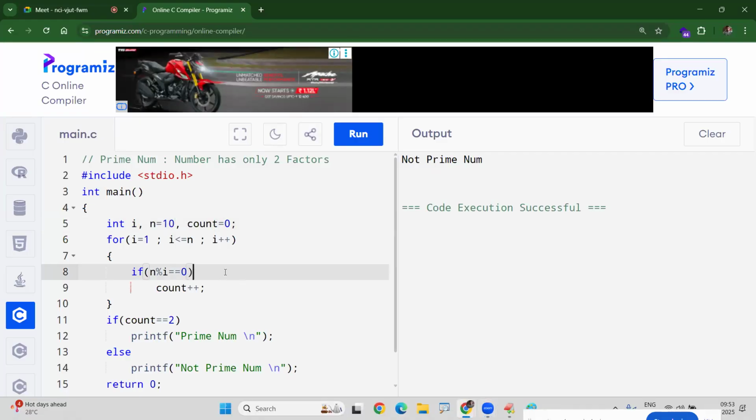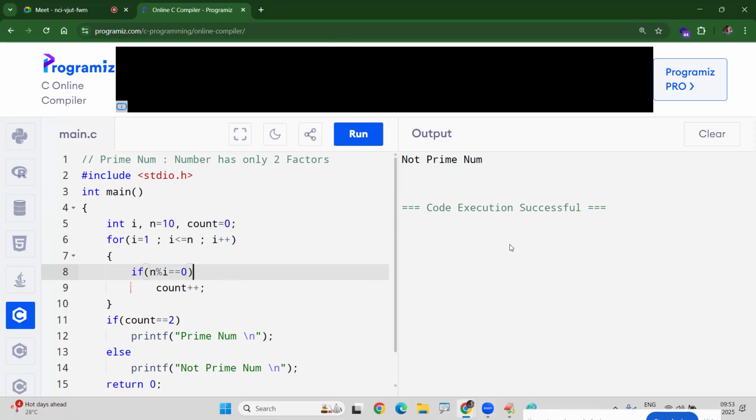So now based on this, just one example we are writing. What is that? Check whether the number is a perfect number or not. First of all, what is a perfect number? Let's say I'm taking the same n value 6, and if you check the factors like 1, 2, 3, 4, 5, 6, except itself,